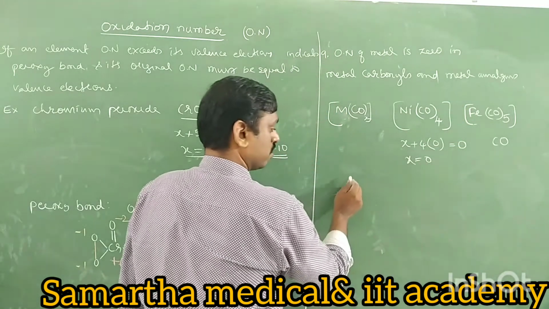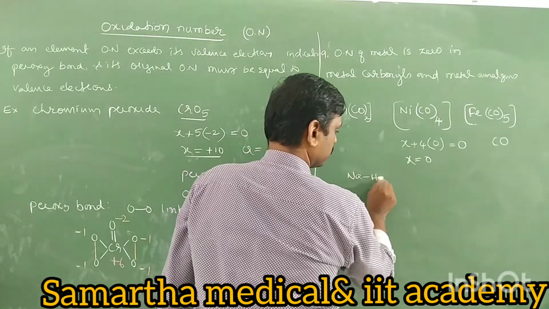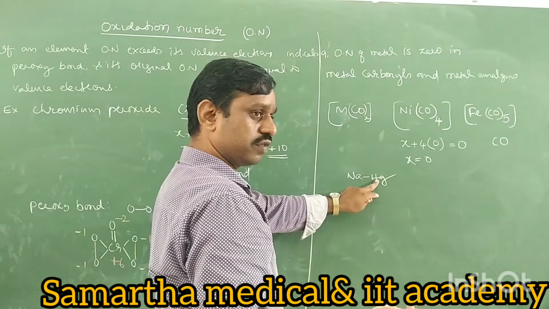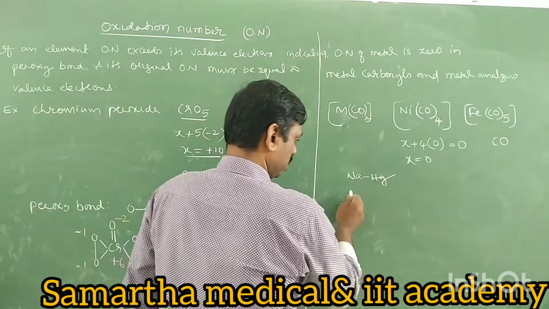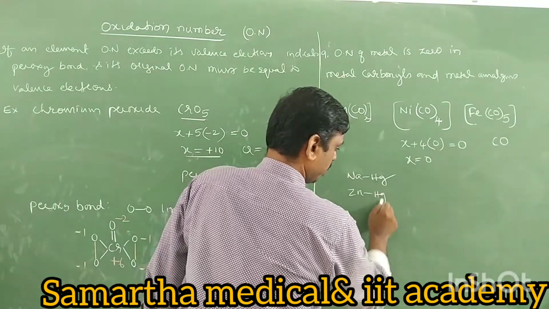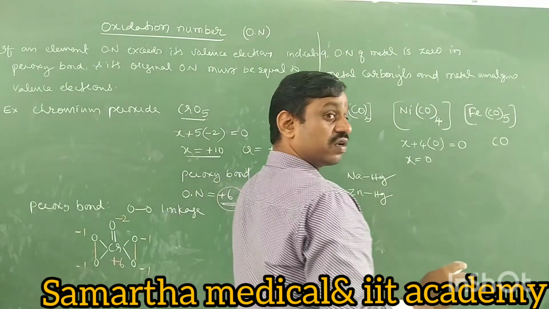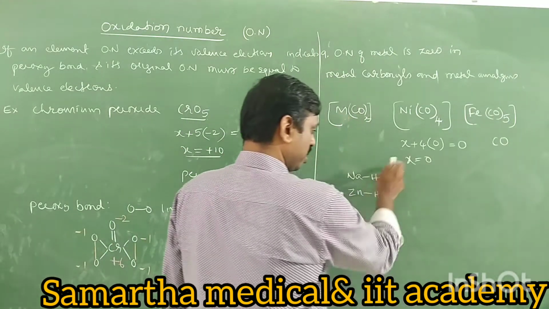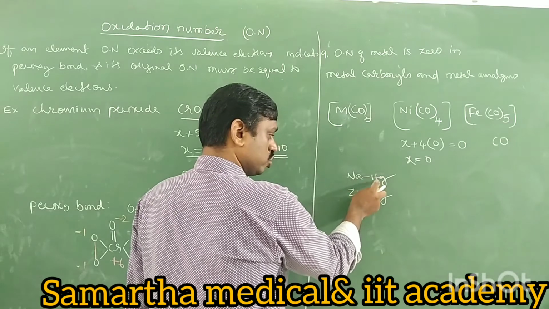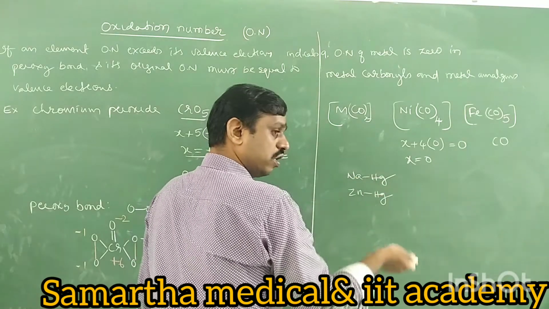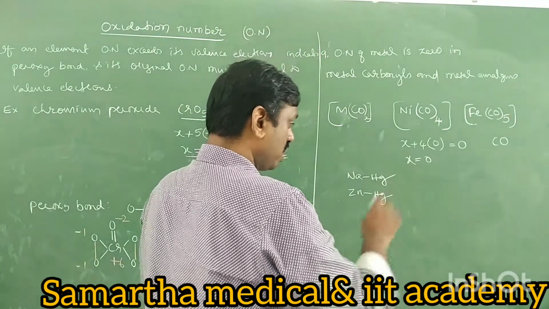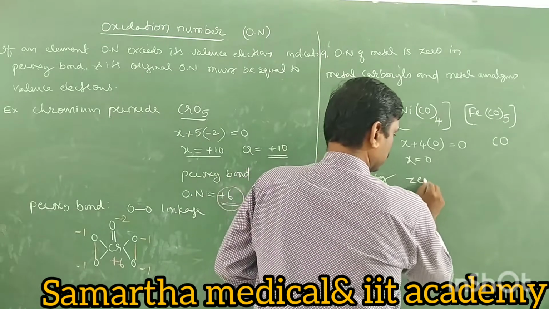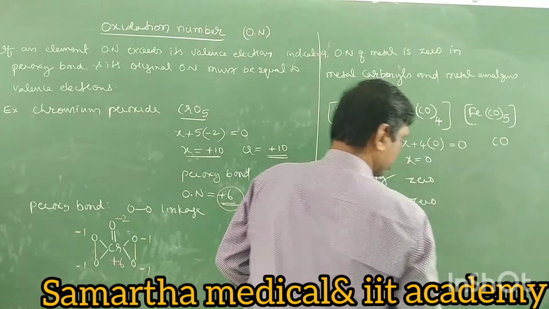Similarly, metal amalgam, you know, sodium amalgam. Amalgam is mercury with metal. Like zinc amalgam. Do you remember where we use zinc amalgam? In Clemmensen reduction. So wherever mercury is associated with metals, they are called metal amalgams. In all metal amalgams, the metal is 0, right? The metal carries 0 oxidation state.